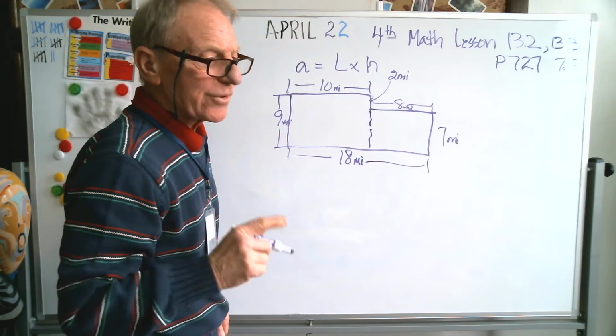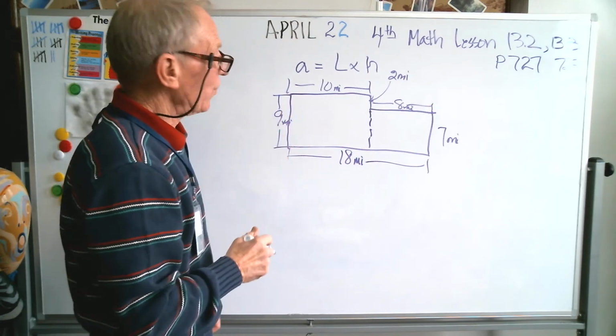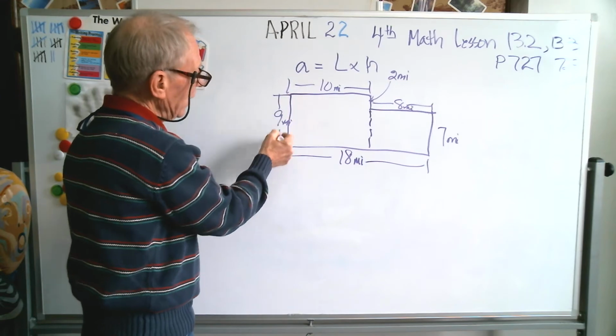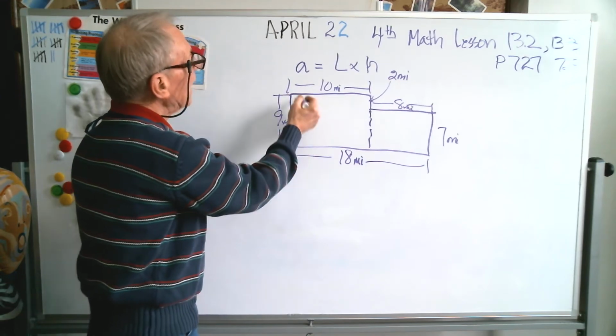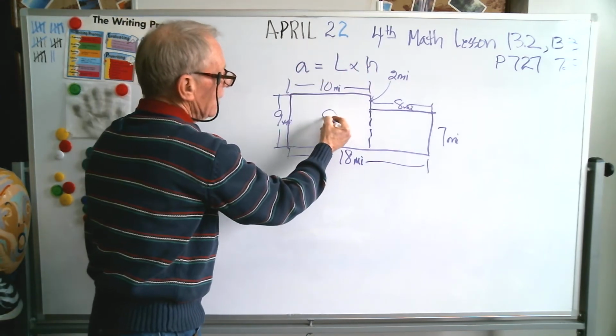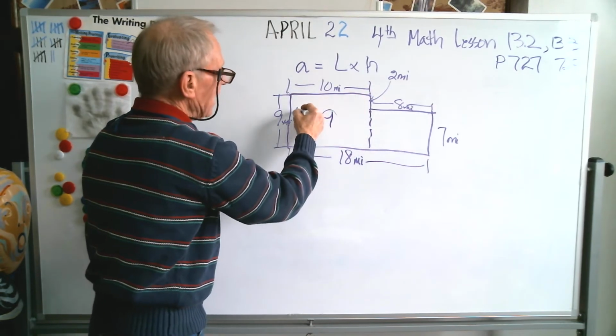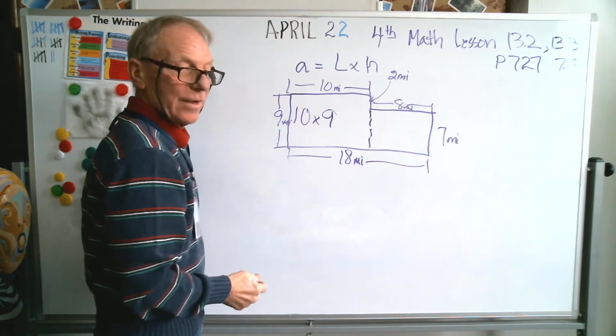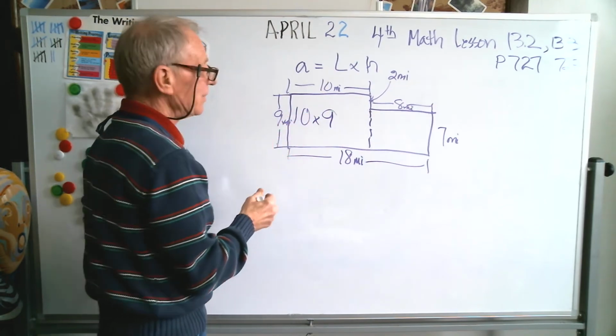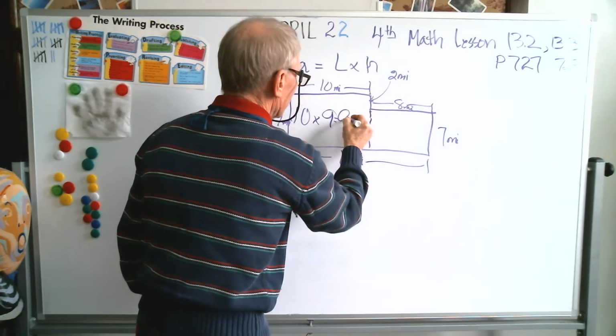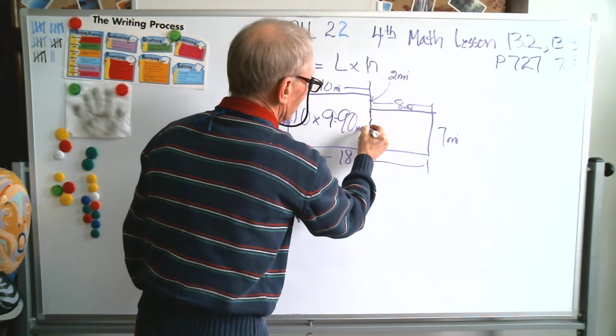Either way, you're going to get the same answer. So let's do it this way first. We know that from here to here is 9, so our height is 9, and from here to here is 10, so that is 10 times 9, and that's going to equal 90 miles